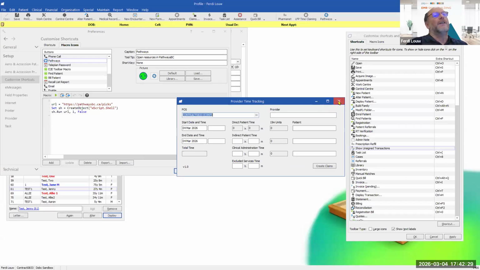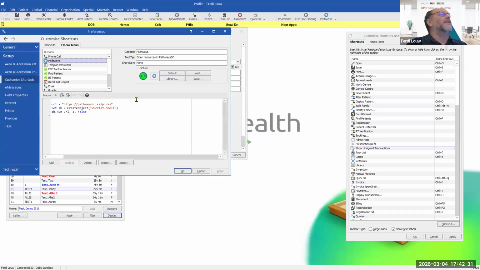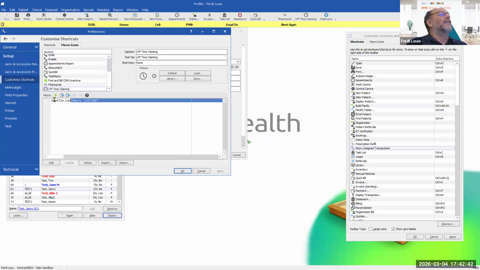So this is a useful thing that has been provided. If you haven't got that, it should be somewhere in this list. There at the bottom. So that was a macro that has been created called LFP time by IntraHealth, and you can run that and it will give you this facility.